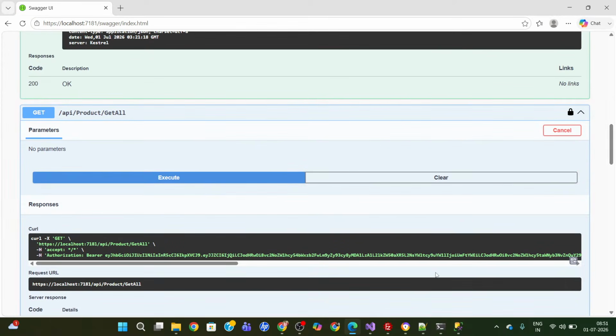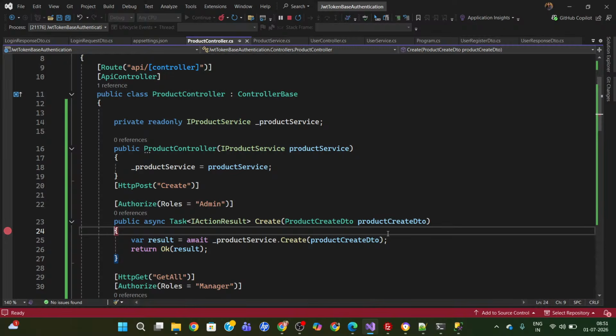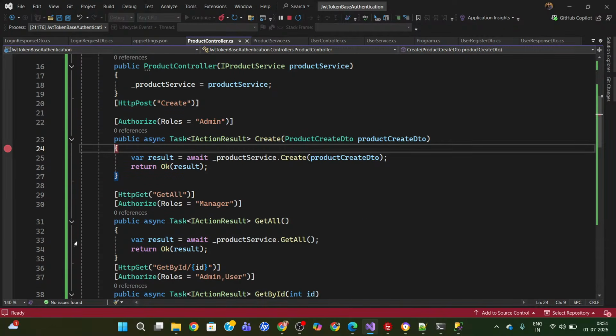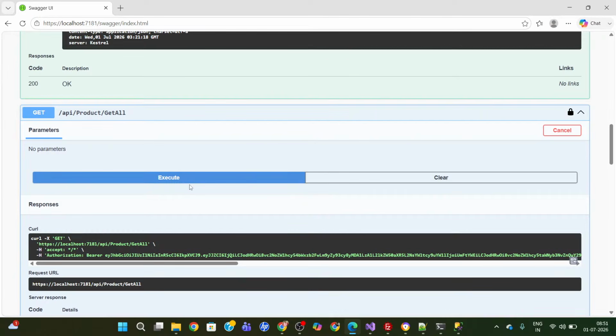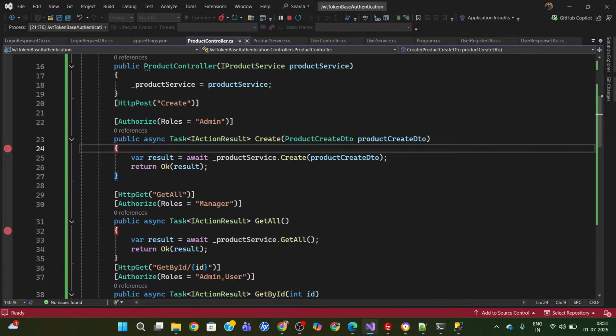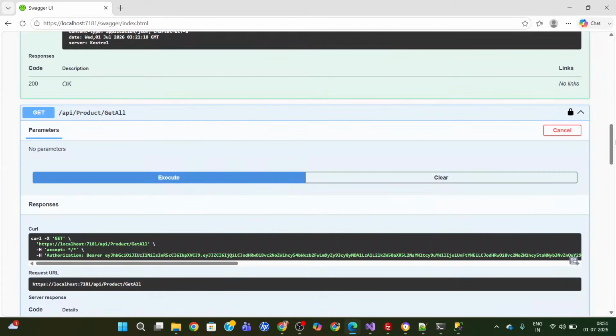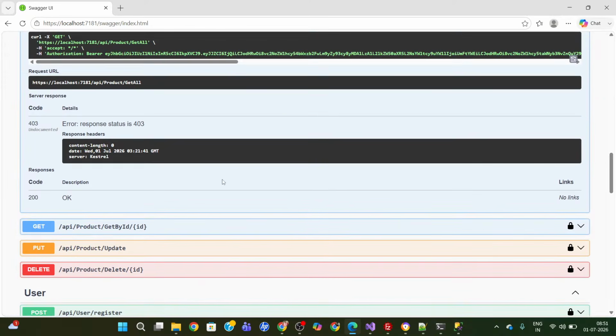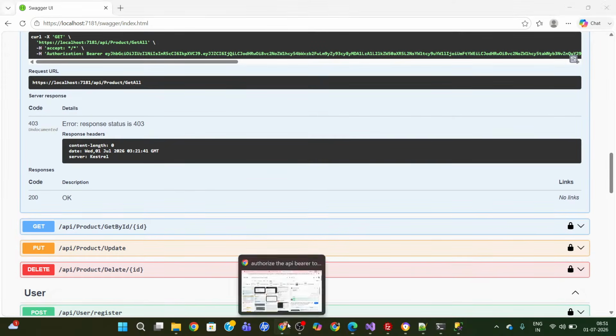So you can see, without hitting this method, you are getting an error because in the program.cs file, it will check whether you are an authorized user or not. For example, now I will try. So you can see here, I am not getting a hit. It directly throws the error. It's not hitting the method. Before hitting the method, it will check here. So you can see we are getting a 403 status code,